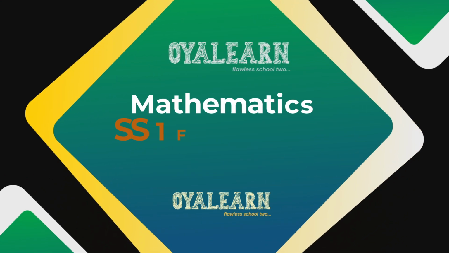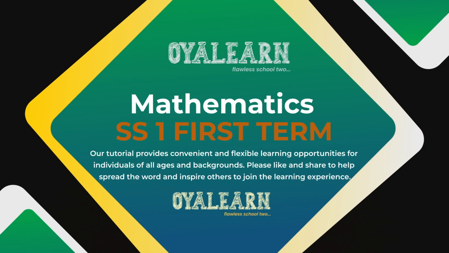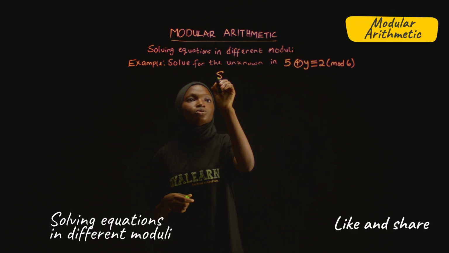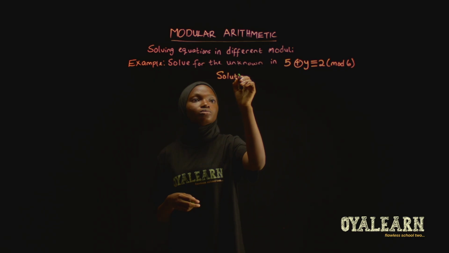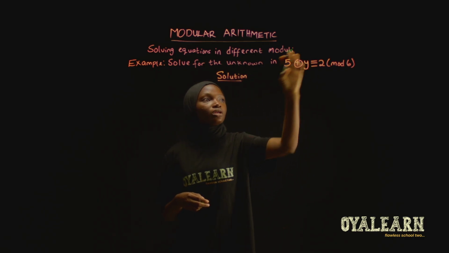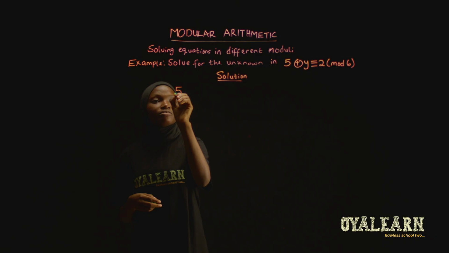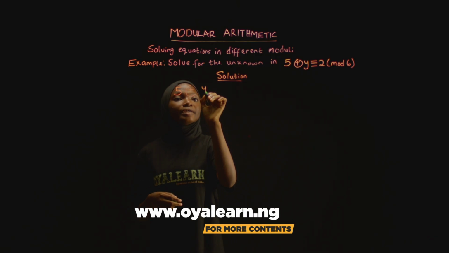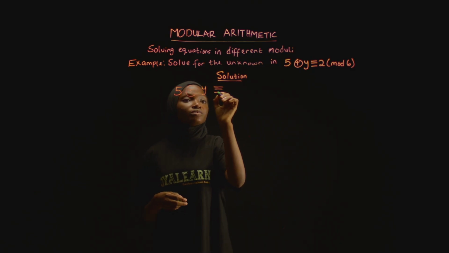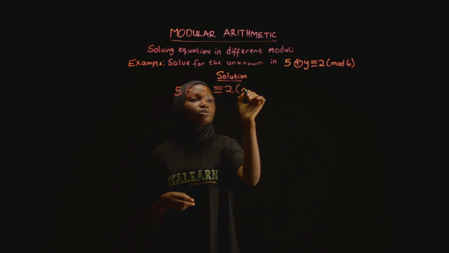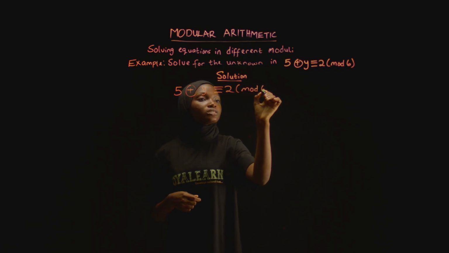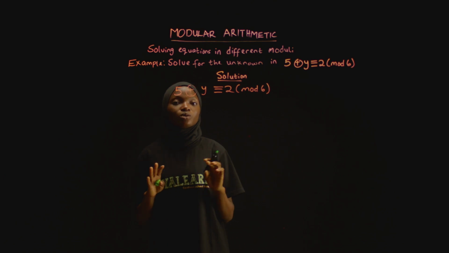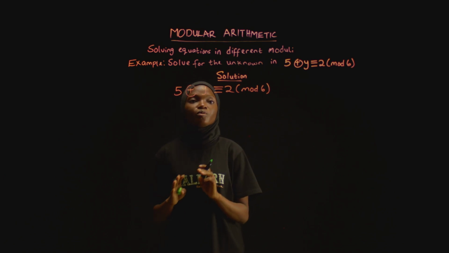Here is another equation in mod 6, and here we have to find the unknown y in this equation. Solution. Let's rewrite that. We have 5 plus y is equivalent to 2 in mod 6. Now here, we treat this as just a normal simple equation, that is 5 plus y equals